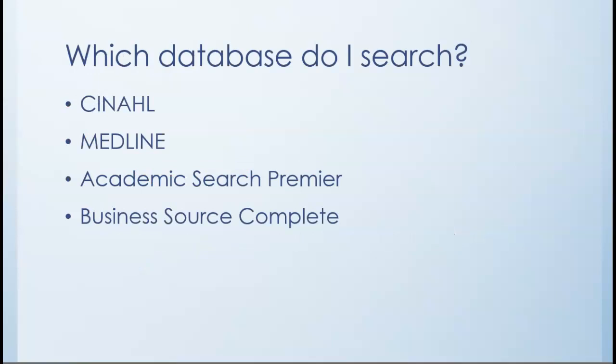So once I have my term and my topic all put together, I have to think about what database I would look in. So Regis Library has many types of databases. The EBSCO databases happen to be one of our larger database suites and probably the most well-used databases we have here in the library. CINAHL, which is the Cumulative Index to Nursing and Allied Health, is an EBSCO database, as is Medline, which is a biomedical database, Academic Search Premier, which is a broad database that covers many topics, and